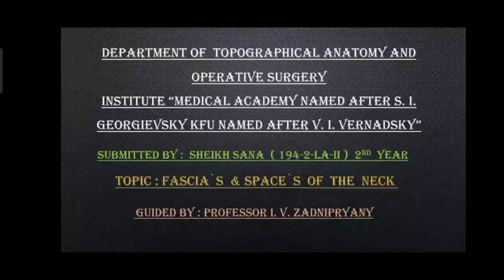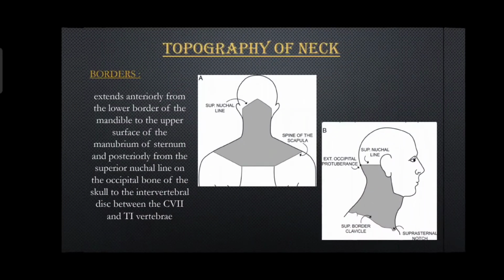So let's start. Topography of the neck. The border of the neck extends anteriorly from the lower border of the mandible to the upper surface of the manubrium of the sternum, and posteriorly from the superior nuchal line on the occipital bone of the skull to the intervertebral disc between